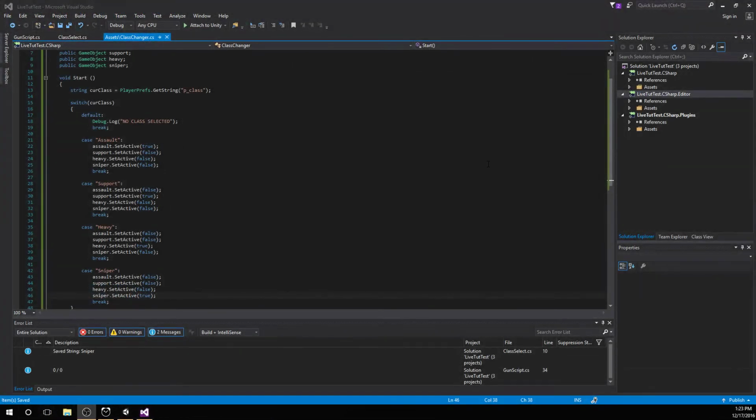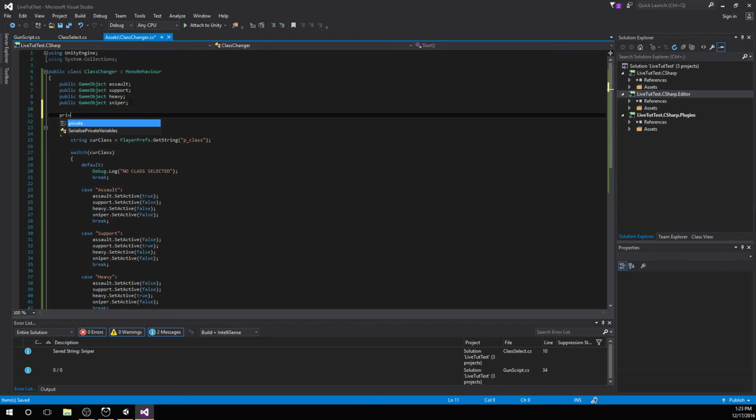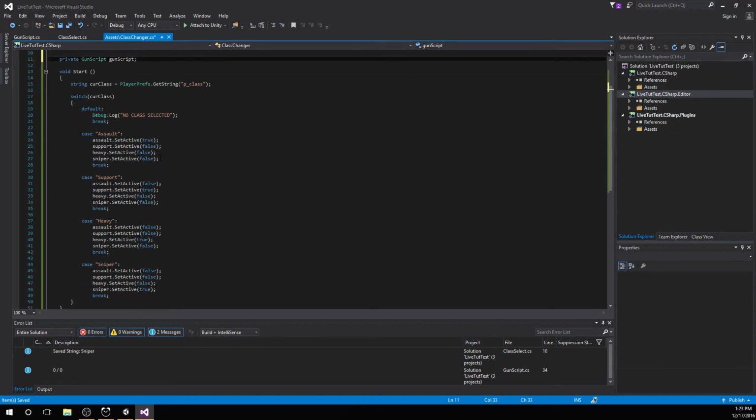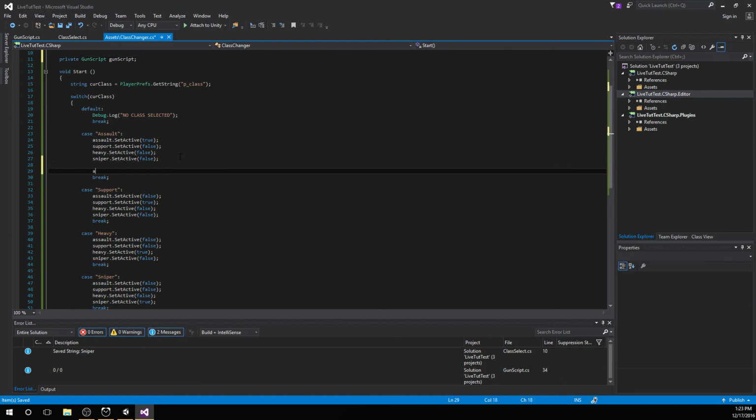So I'm going to go back into scripting, and I'm going to add a private gun script variable. I'm doing it private just because I don't want it popping up in my inspector, and I'm going to call it just gun script, like this. I'm making this so that I can reference the gun script that we put on the object itself. So now on assault, I'm going to set gun script equal to assault dot get component gun script,